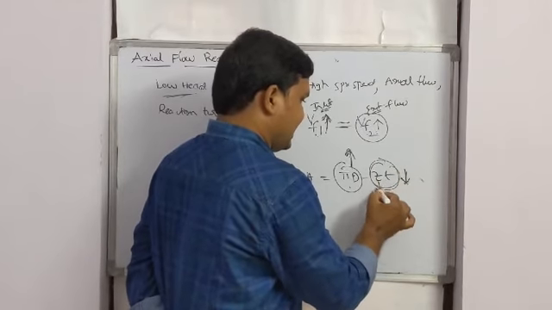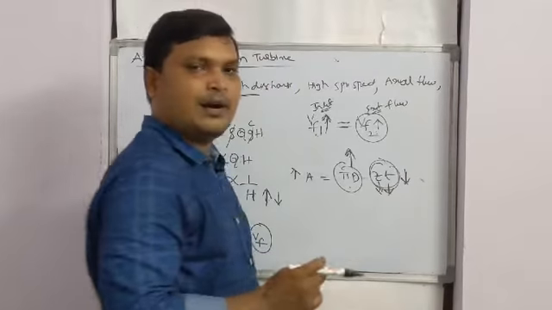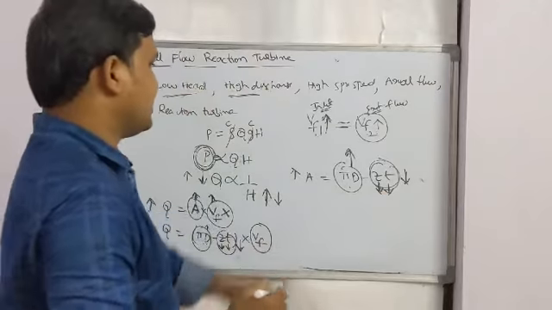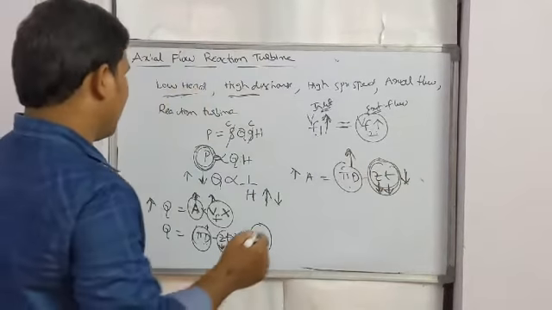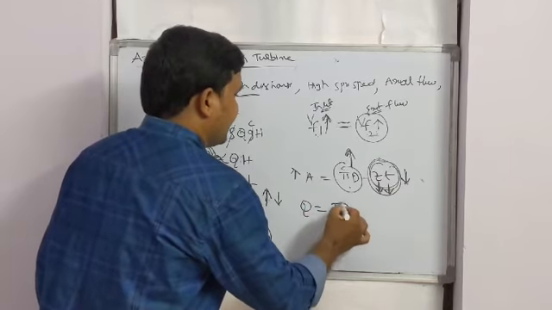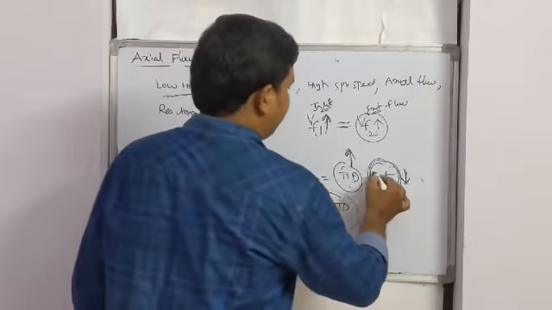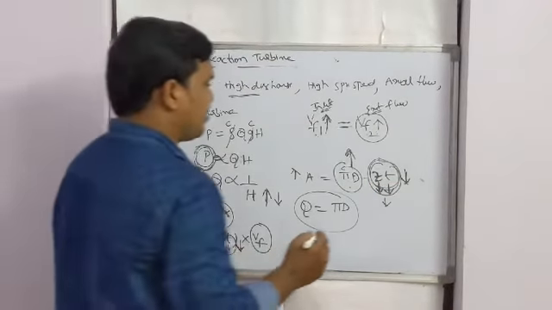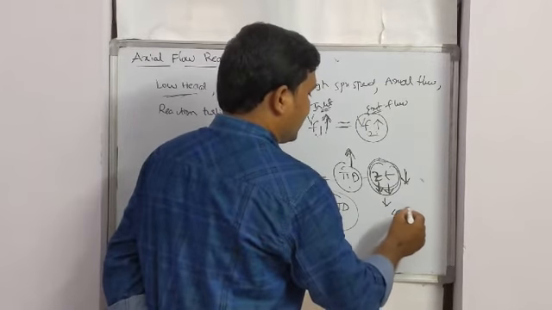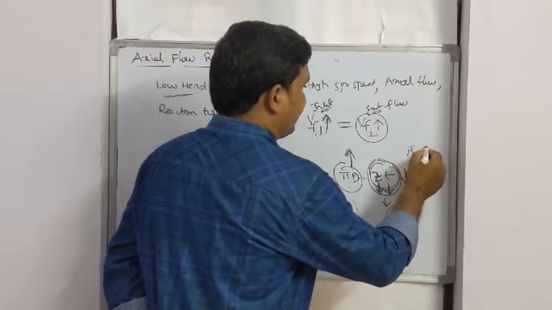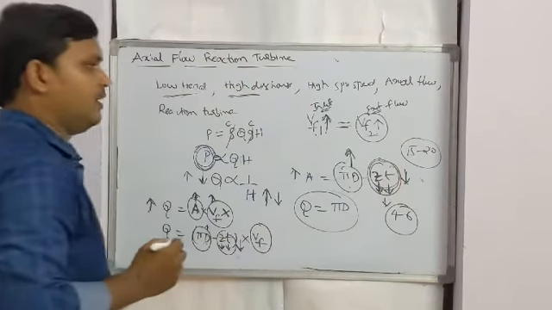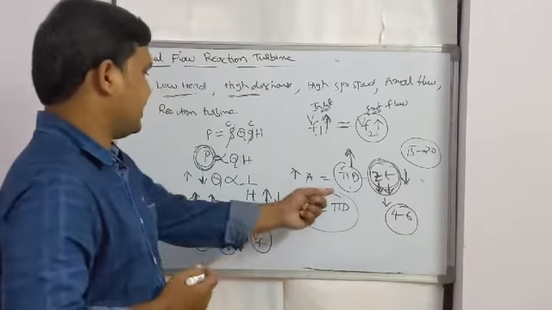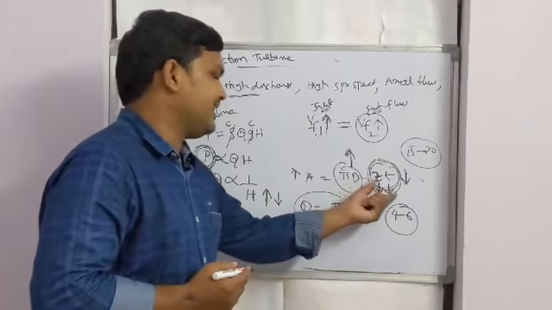So another chance is decreasing this term. This means either Z or T decreases, meaning the thickness of the turbine runner blades decreases or the number of blades decreases. So there is only one chance, by decreasing this term. Therefore Q is equal to pi d times the remaining term. Z is nothing but the number of blades. That's why in a Kaplan turbine the number of blades is fixed at around 4 to 6, whereas in a Francis turbine it is around 15 to 20. This is the reason: for high discharge, we should decrease the number of blades.